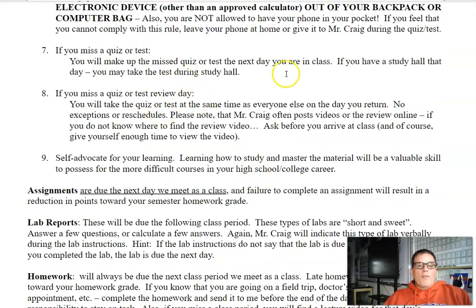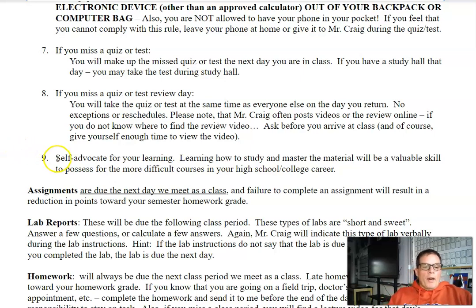If you miss a review day, we don't learn anything new on the review day, so please don't ask me, hey, what do I need to do? Or do I get an extra day because I wasn't here and I wasn't able to review? Well, that's what being home's all about. If you're not feeling well, then when you start to feel better, make sure you review. But again, reviews are just that. They are a review. They're not the time that we learn new material. So really, if you miss a review, then you're just missing an opportunity to refresh your memory on some things. But it's not 100% necessary for you to be successful on the test.